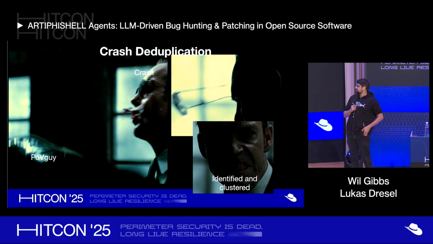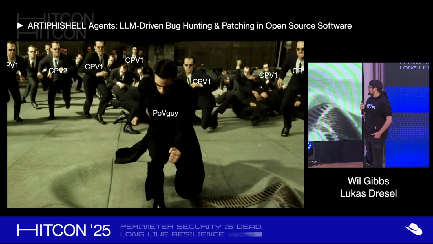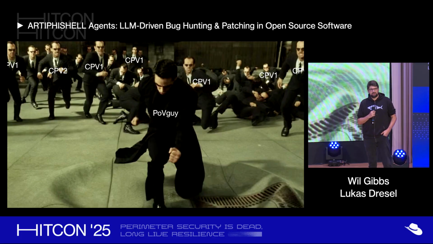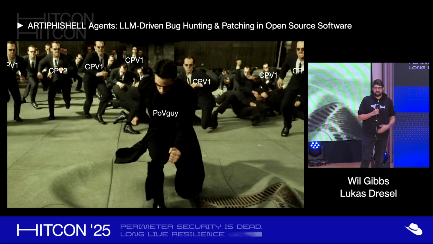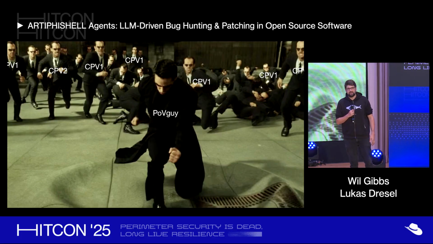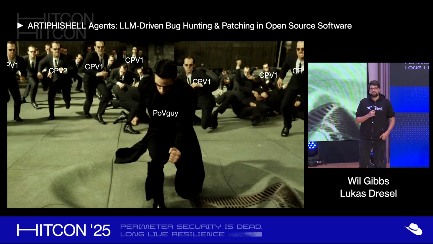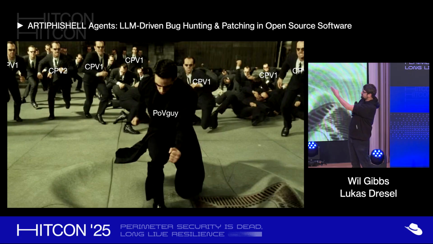The second thing we have to do, not only do we usually have to deal with one crash per vulnerability, but we get multiple of the same one. Over and over, and we can't do anything statistical, just like randomness, because sometimes there's one crash that's CPV2 that hides in the noise of all of the different crashes that we find for the first vulnerability.